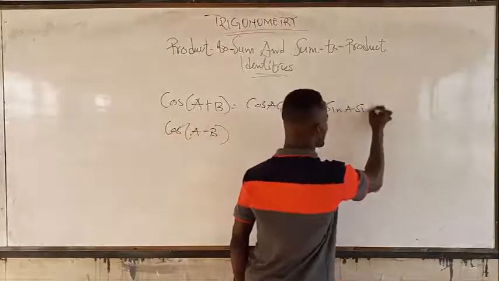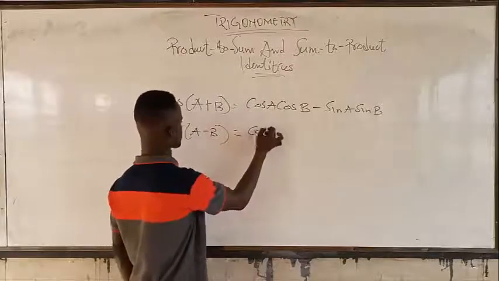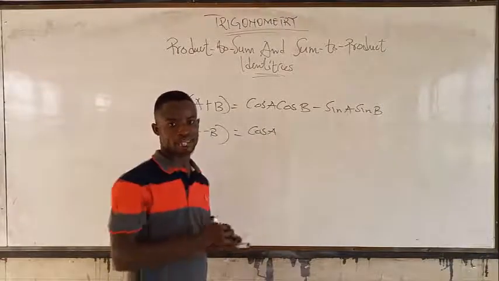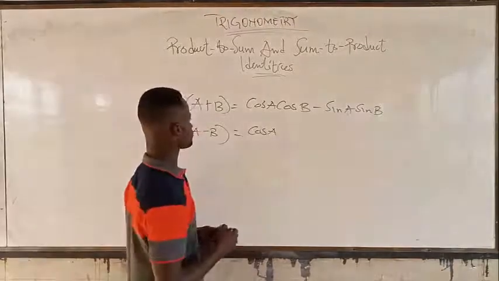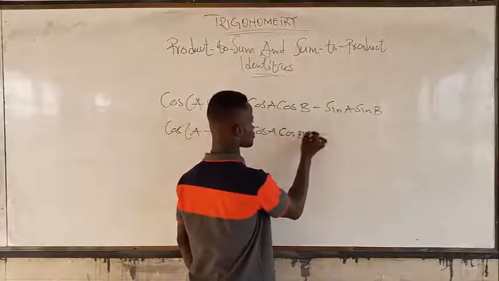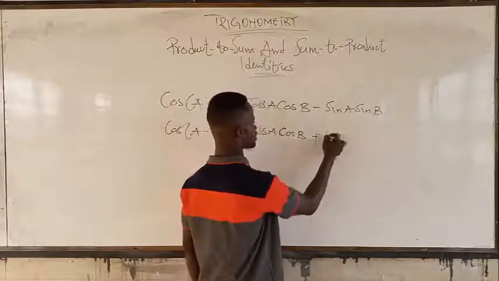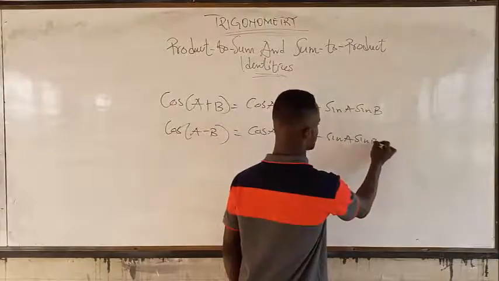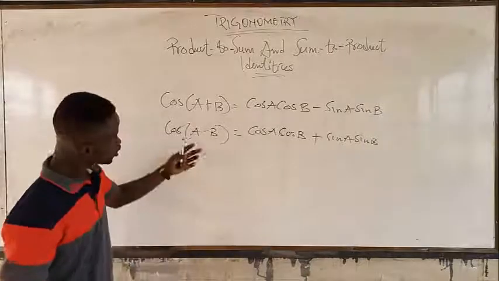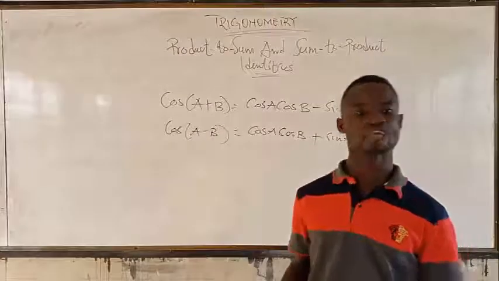A sin B. And this one too, cos A minus B, will give you cos A cos B plus sin A sin B. Very good. Now, with this, we can use this same idea to derive the product to sum